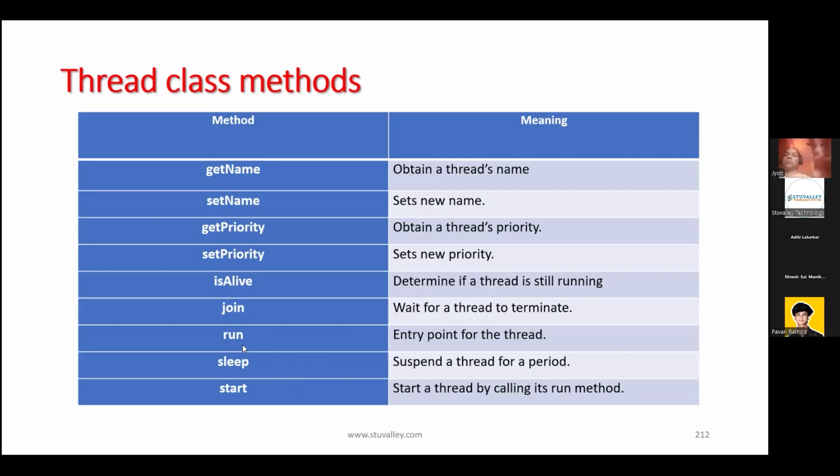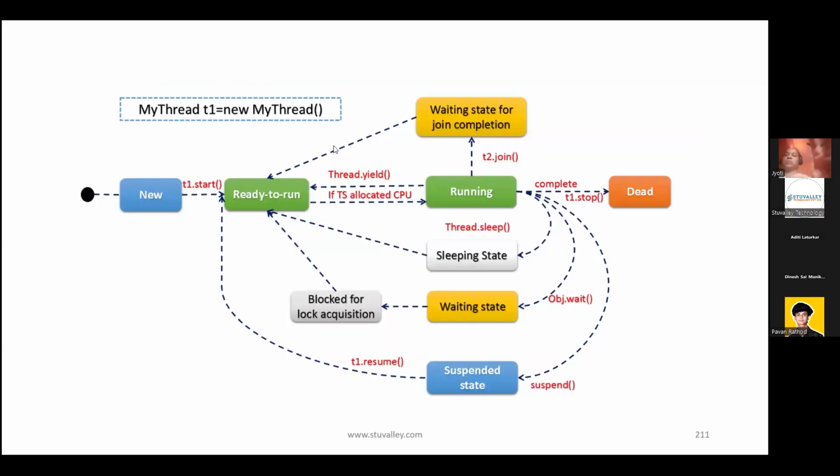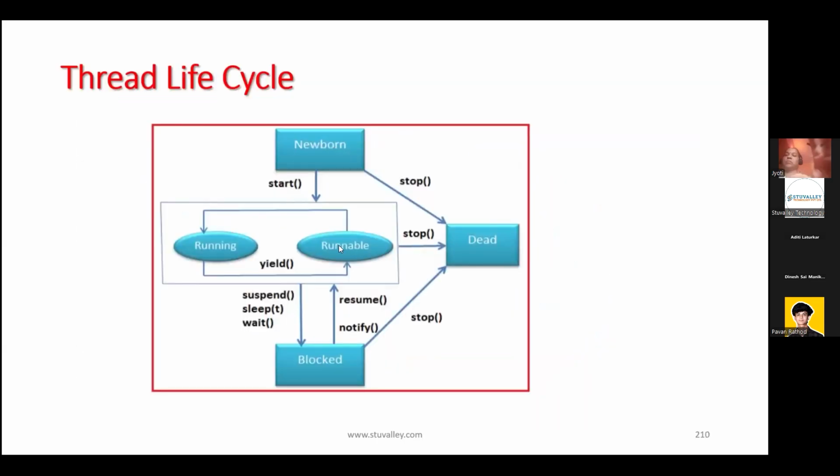Run method is basically used for whatever you want to execute through that particular thread. You need to write it inside the run method. This is the most important method of a thread. Sleep method is used to suspend or pause the thread execution for a particular time period. Start method is most important. Once we create a thread, we need to start it, so that when we start that thread's execution, it will go into the runnable state. Till that time, it is the developer's work. After the runnable state, the thread scheduler will pick up the thread and execute it.